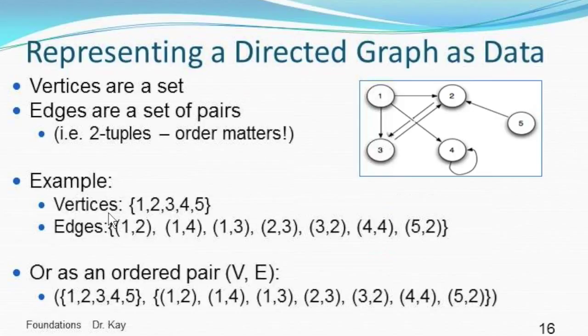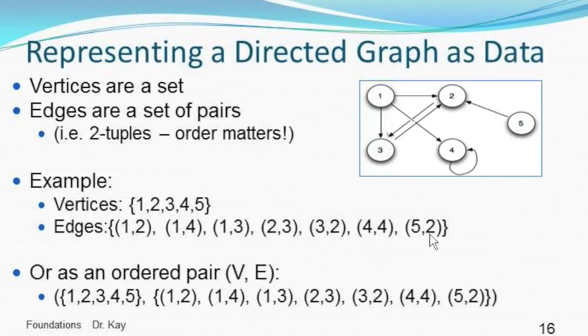So, for example, in this graph pictured here, the vertices are the elements 1 through 5. And the edges, well, this says there is an edge starting at 1 going to 2. Another edge starting at 1 going to 4. And we have to represent this as a pair, as a 2-tuple, and not as a set because order matters. In sets, order doesn't matter, but here in our 2-tuples and our pairs, order matters,